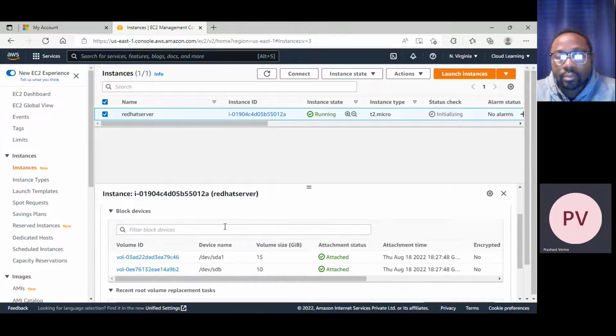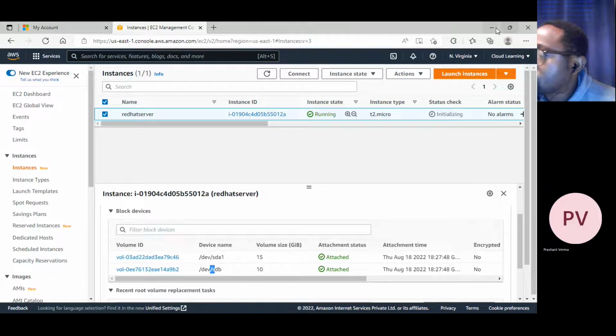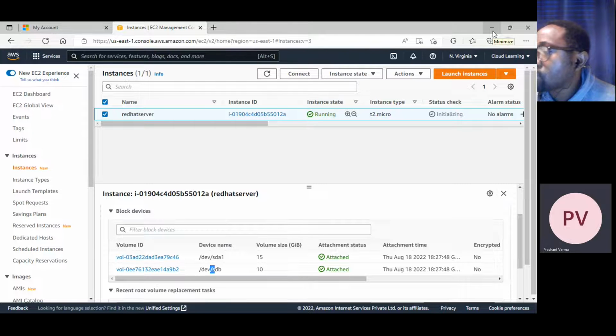If you go to Storage and cross check, you can see the same thing. The sd gets replaced with xvd in the server. xvda1 is 15 GB and xvdb is 10 GB. This is how it appears in the server.